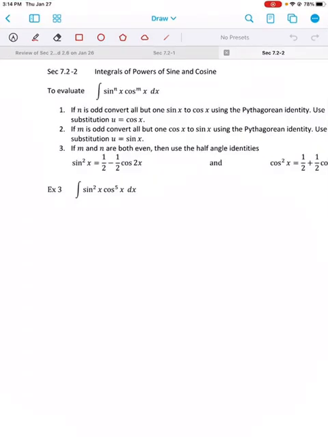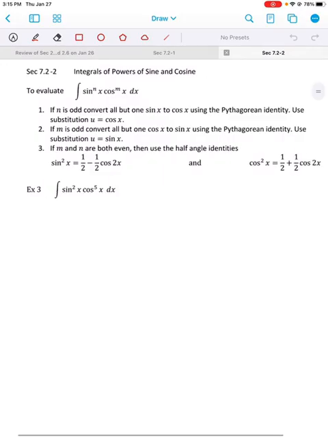Continuing with section 7.2, in the last video we saw how to find the integral of sine cubed x and cosine squared x, and in the same way you can find cosine cubed x and sine squared x. So in other words, we looked at what happens when we have the simple odd and even powers on these functions. Now in general, this is what you can always use: